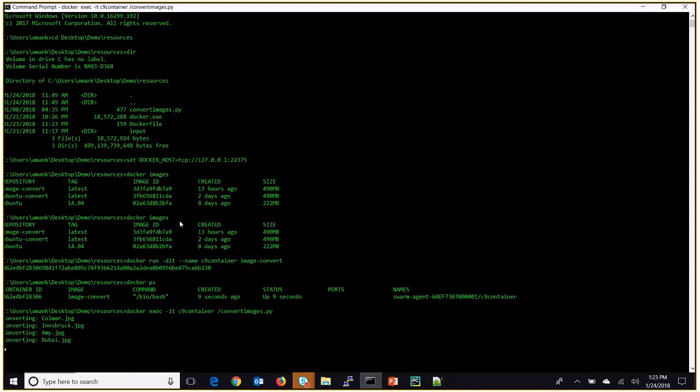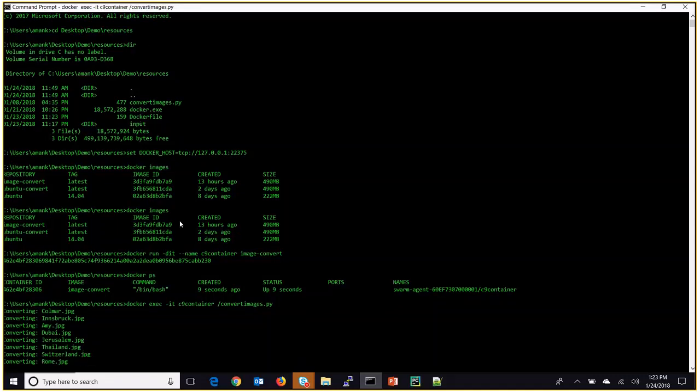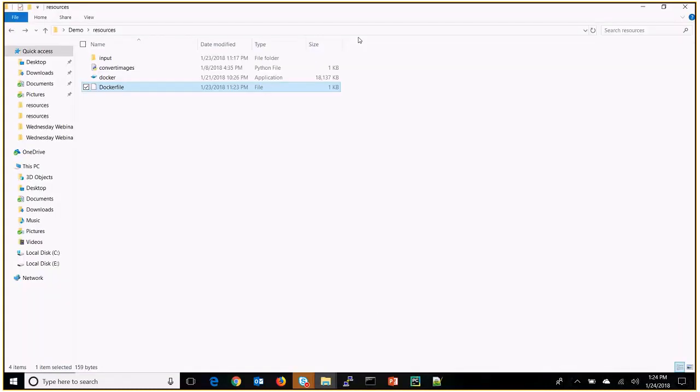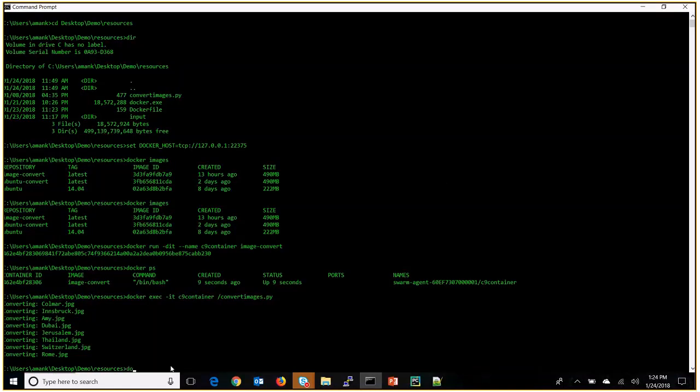Now, as you can see, it is converting the colored images. If you noticed earlier, the folder did not have an output directory as well. It just had the input directory, the Python code, and the Docker client in it. So now that it has completed converting, the images are available in the output subdirectory of the container, but not on my local machine. As you can still see, if I go to my resources, the output is still not there. So what we have to do is copy